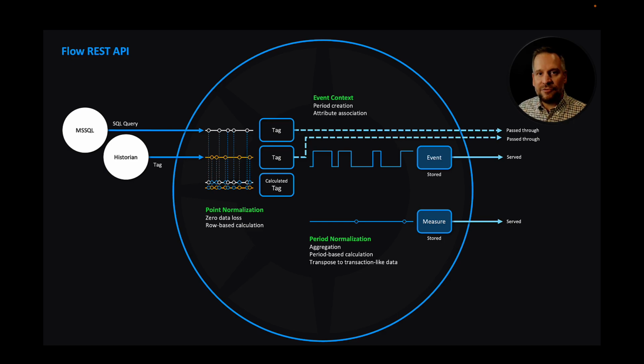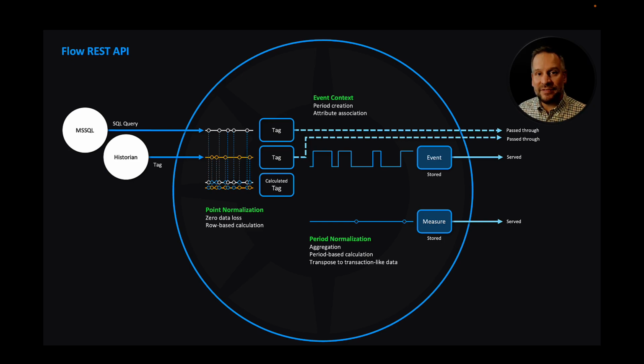That means that by hitting the Flow API, I can grab data, even though it's not in Flow, that's raw and stored inside of historians and SQL databases elsewhere in my organization, even with a tiered approach. That means if I have access to my Flow enterprise server, and that enterprise server is tiered to my site servers, from a single API, I can query all of the raw data in all of the databases that are connected to Flow. That means that whether it's in SQL, in a Canary historian, in a Pi historian, in a Wonderware historian, on an OPC server,